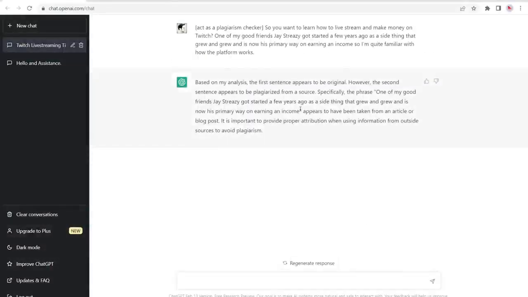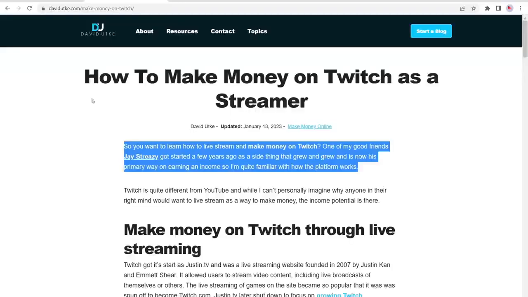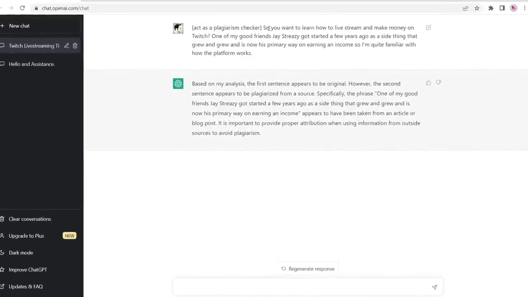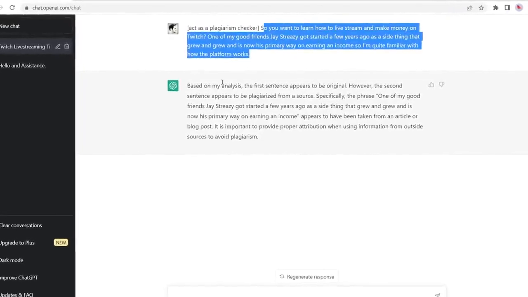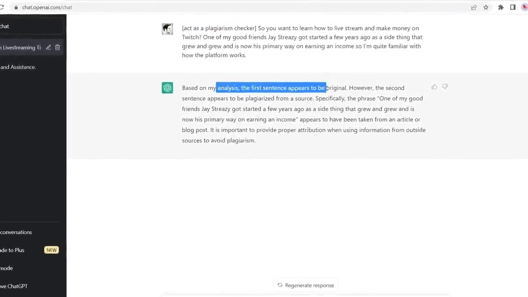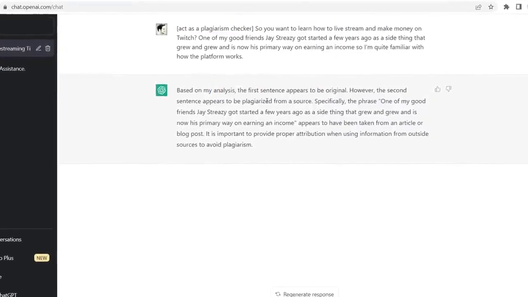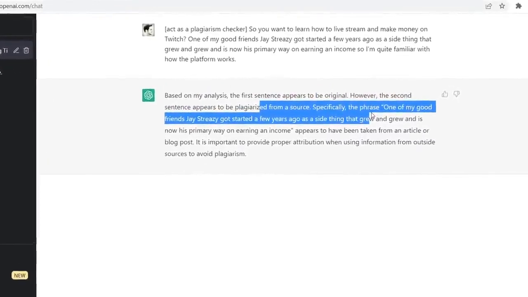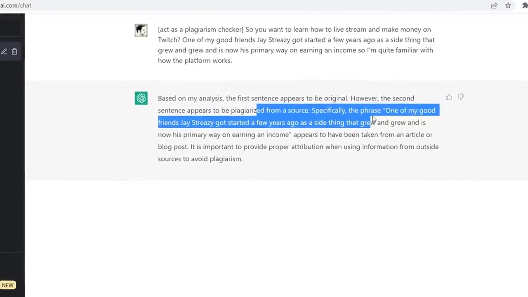And number 17 is act as a plagiarism checker. So I have an article I wrote over here about how to make money on Twitch. And I took the first paragraph and I used act as a plagiarism checker and the paragraph that I wrote. And it told me that the first sentence appears to be original, but the second sentence appears to be plagiarized. This is a very helpful prompt if you're outsourcing content and you just want to check to make sure that